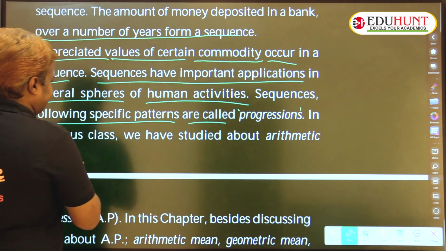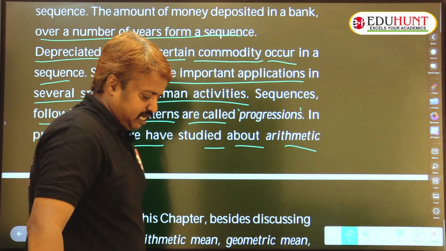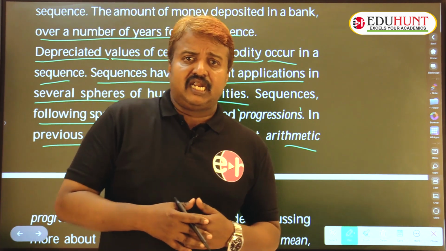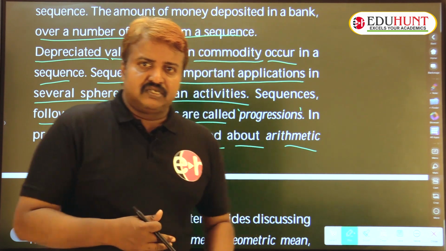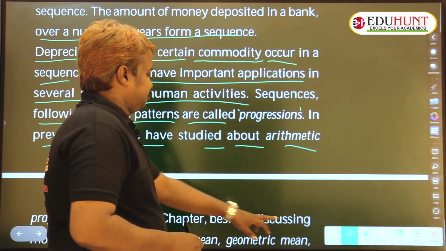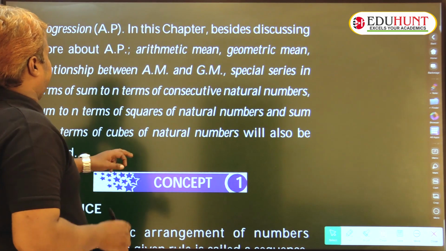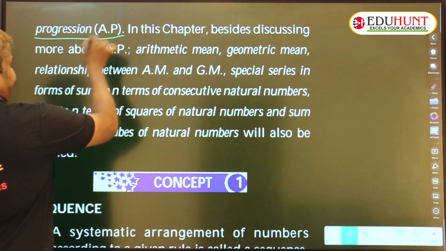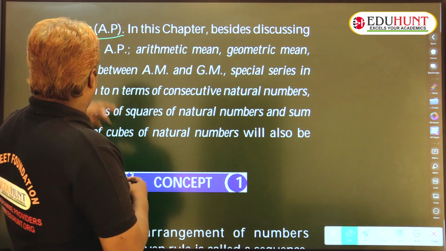In the previous class, children, we studied about arithmetic progression. We learned about arithmetic progression. In this chapter, arithmetic progression means AP. Besides discussing more about the AP,